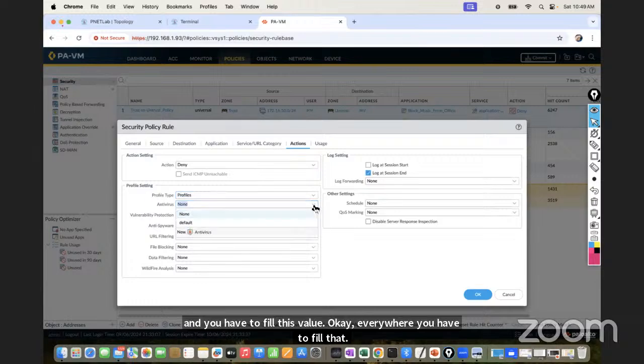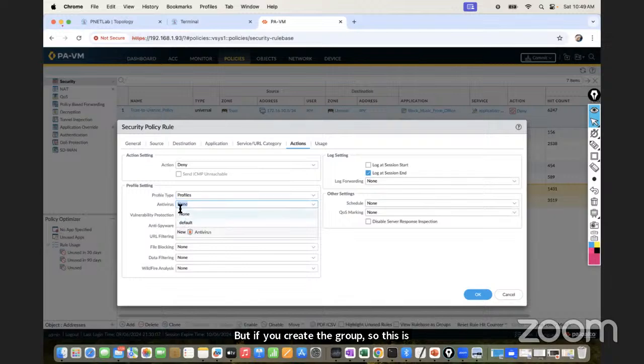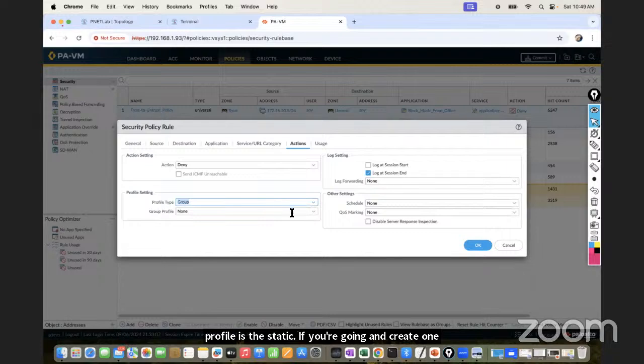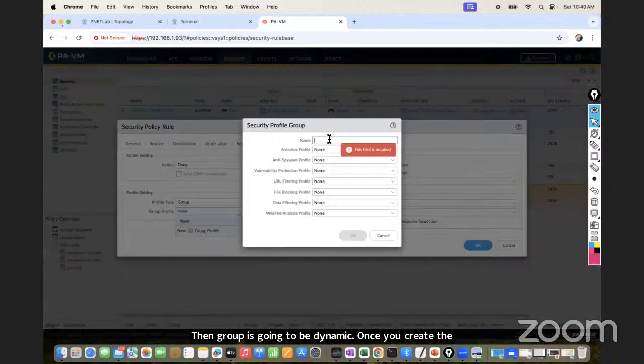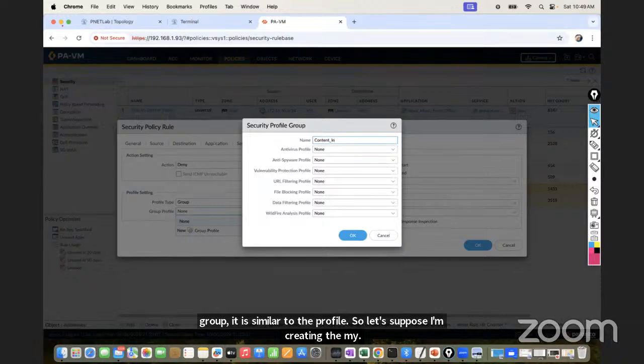But if you create the group, the profile is static. If you go and create a group, then the group is going to be dynamic. Once you create the group, it is similar to the profile. So let's suppose I am creating my content inspections